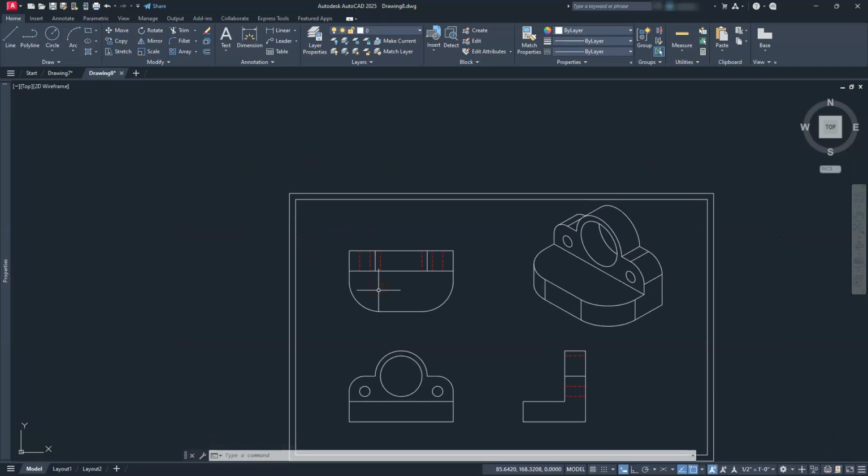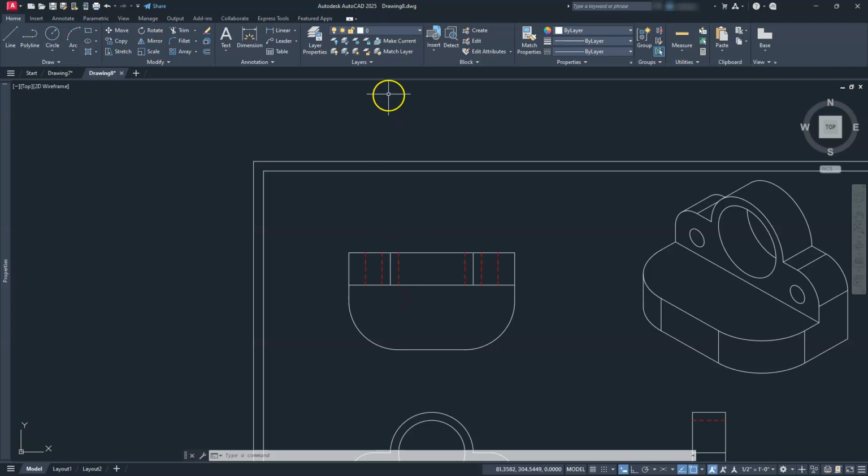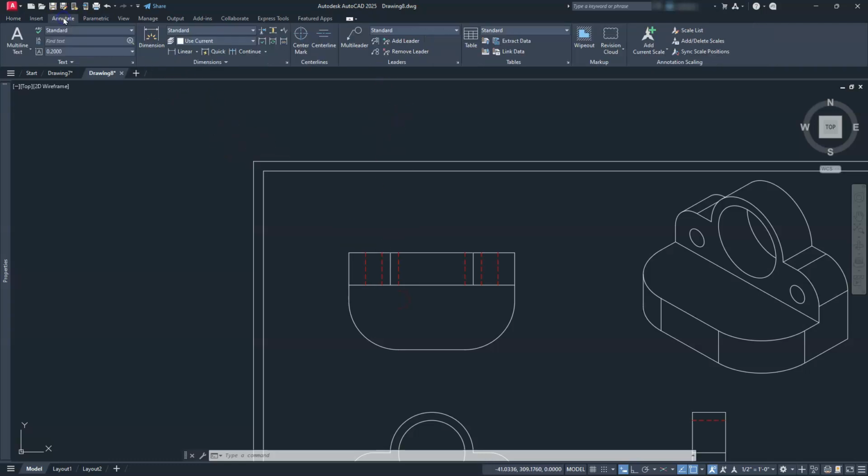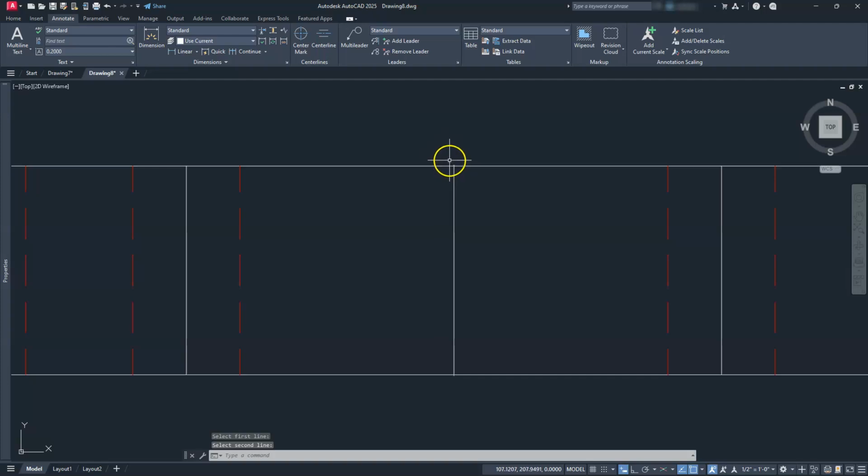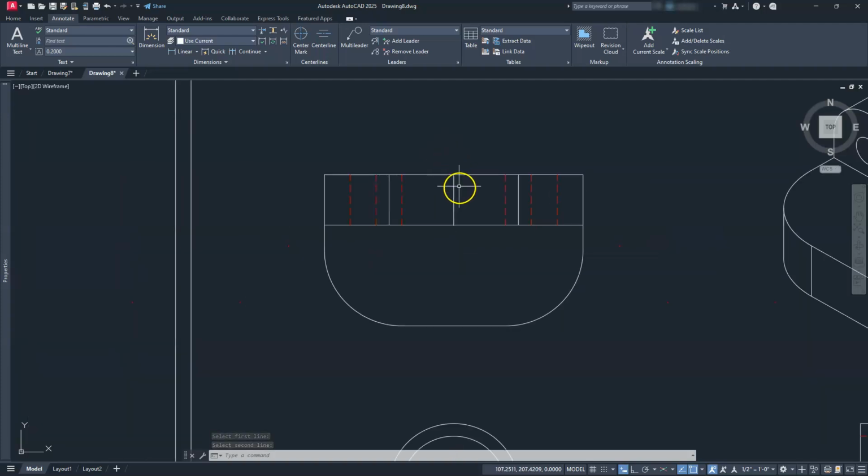Okay, so from this point I can go ahead and put in my center marks. So I'm just going to jump over here to the annotative tab, go ahead and put the center lines. I'll select these 2 lines here. And what I'm looking for is to see if that extension is long enough. And you can see that it is barely long enough, right? So I'm just going to delete that. I'll use the center